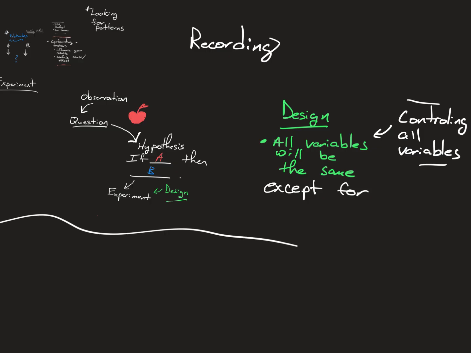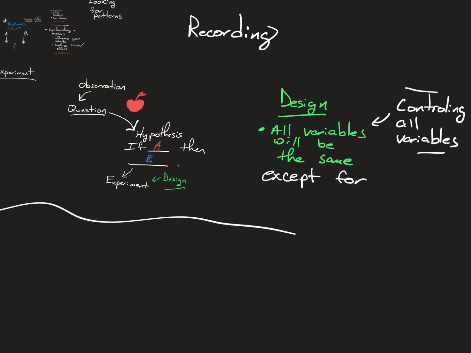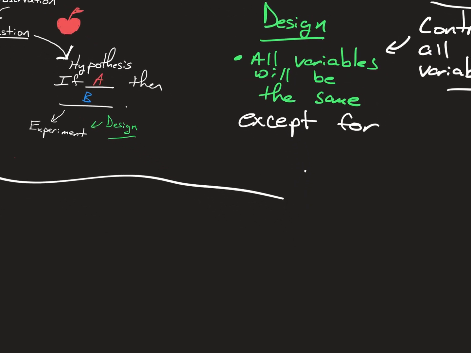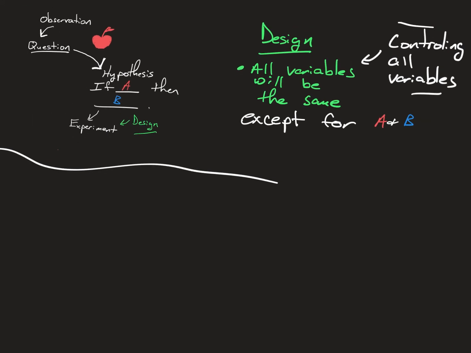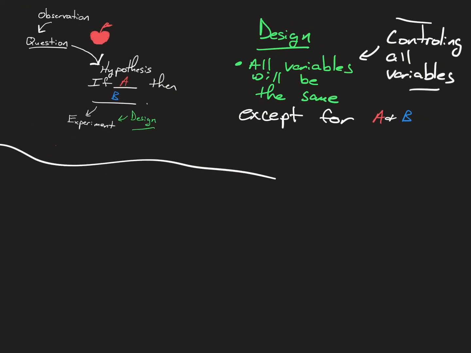You're right, the outcome. It is the outcome, but what 2 variables? Well, A and B. Right? Except for A and B. Those are the only 2 we don't control. We do control it, but they don't stay the same. Those are the only 2 that don't stay the same. We control A, we don't control B. We don't control, as someone said, the outcome. The outcome is what it's going to be. That's what we're looking at.